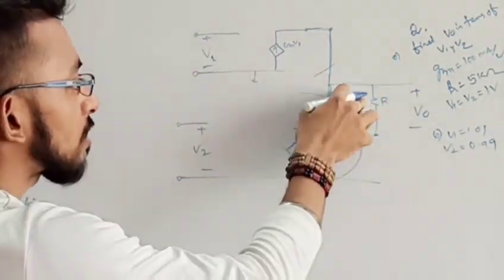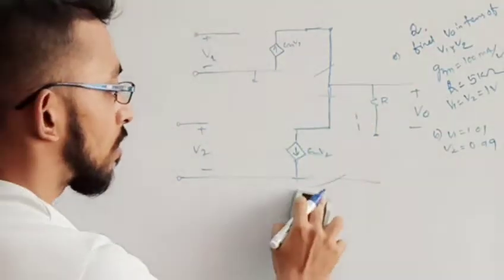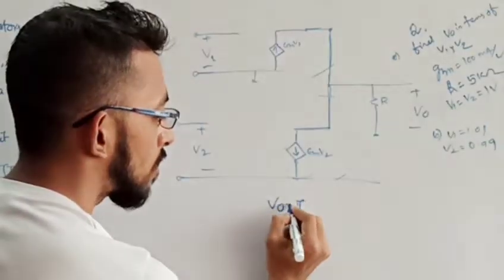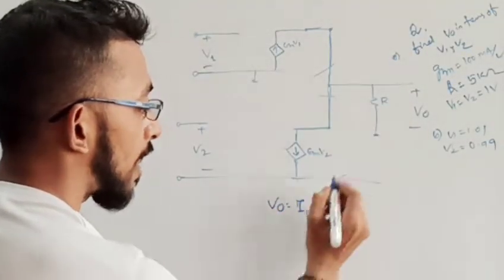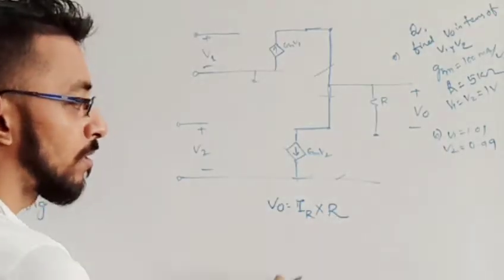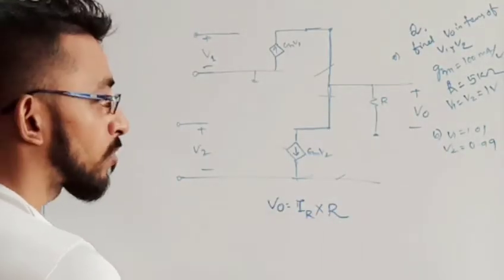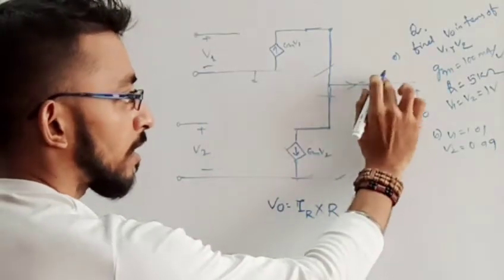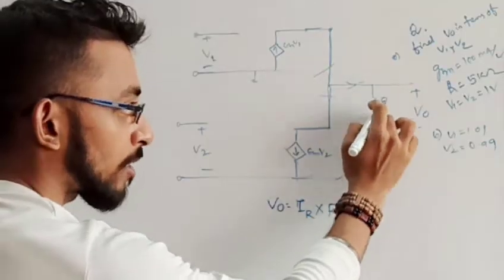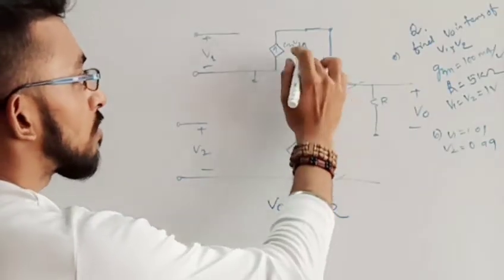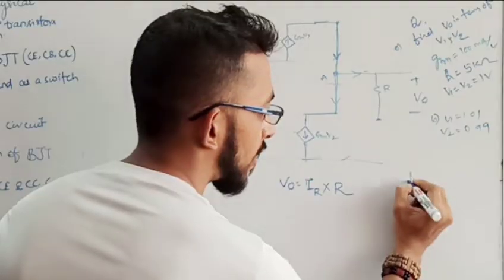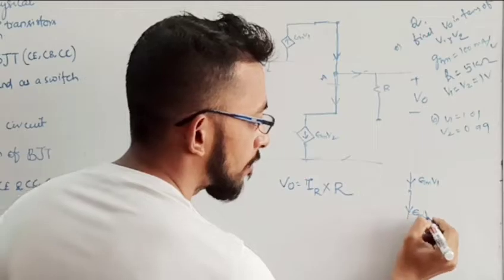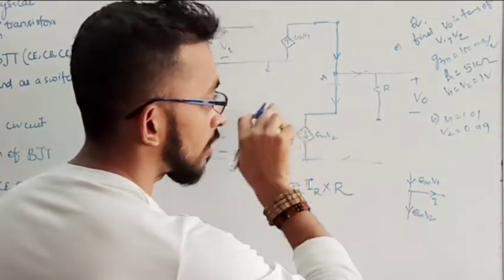Now it is asked, we have to find our output. So what is the output? V out is nothing but I across the load multiplied by the R value. Voltage equals current into resistance, Ohm's law. The resistor value is given, 5 kilo ohm. I have to find the current across this. There is no path over here, means whatever current comes will flow through this R. So here, you see, to this node one current is coming, that is GM V1, one current is leaving, that is GM V2, and again one current is leaving, that is I,